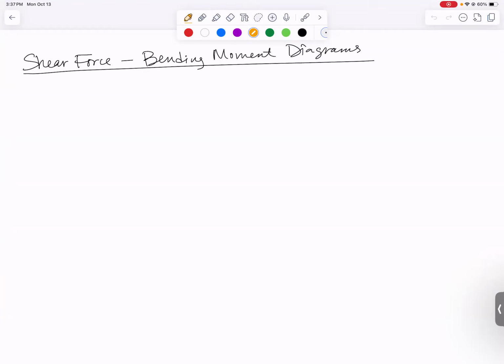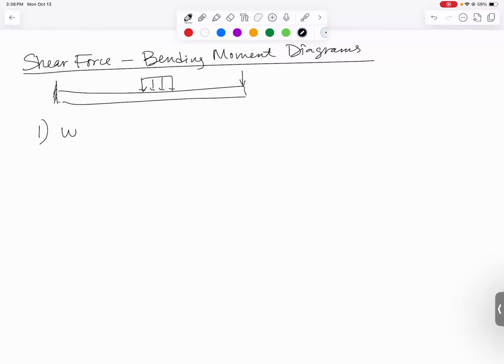Welcome back. Over the last couple of classes, we have been talking about drawing shear, force, and bending moment diagrams. Let me do a really quick recap of that one more time. If I have a beam and it has a bunch of things acting on it, point forces, maybe distributed loads, and I want to find where the shear force and bending moment are maximum, because I want to try to design this beam and make sure that it's not going to fail given all the loads acting on it,